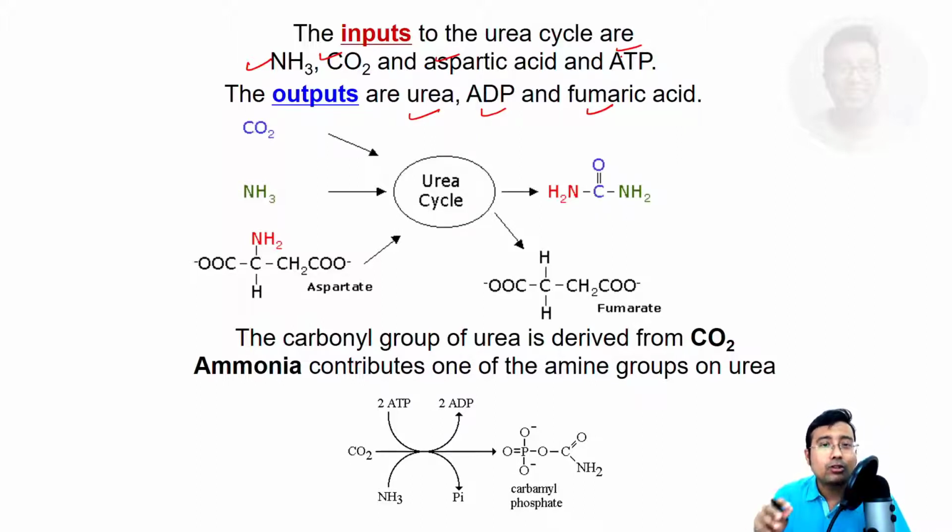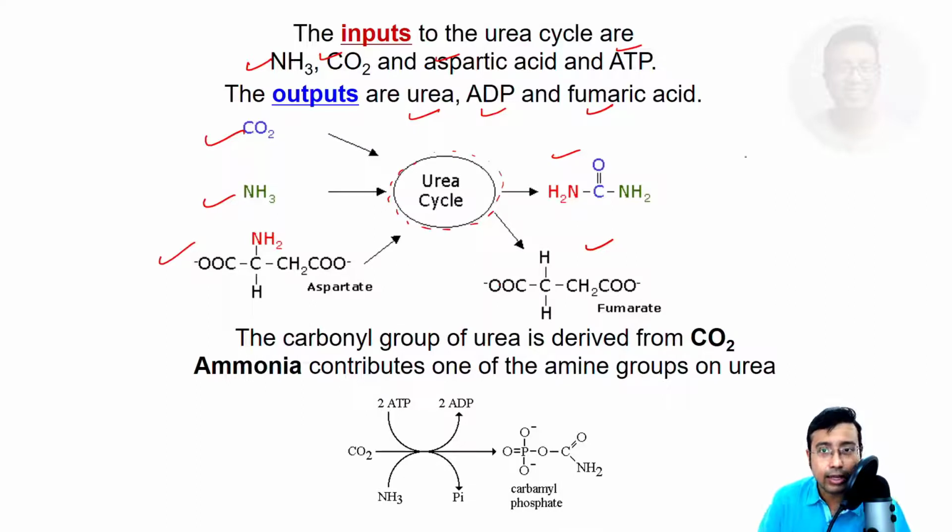Okay, so the urea cycle is a chain of reactions. There are multiple intermediates that keep on interconverting between themselves, but something is coming in and something is getting out. Carbon dioxide, ammonia and aspartate are the inputs, and ATP is used, while ADP, urea and fumarate are outputs. So the first step, the most important step, the rate limiting step of the urea cycle, is the synthesis of carbamoyl